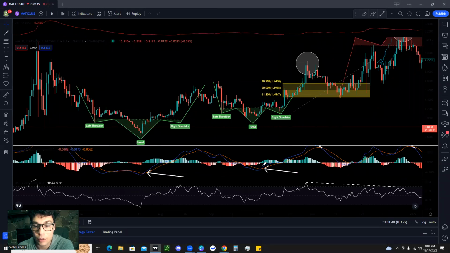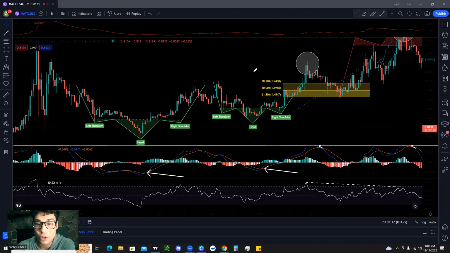So we see our MACD, I'm sorry, the blue line crosses above the orange line right here. That's our buy signal. And we see we end up getting another head and shoulders, and we get a nice breakout. Now, the next thing we're going to cover is the fib retracement levels, the 38.2, the 50%, and the